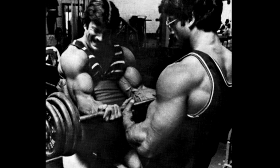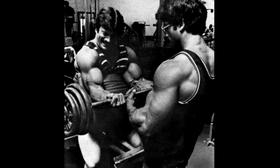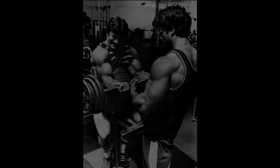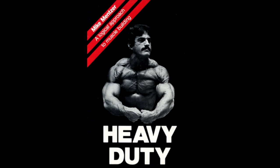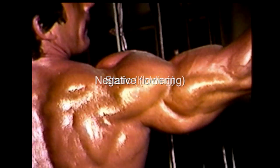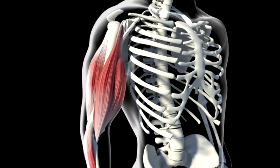Keep in mind that the key to generating more and more effort is to make each muscular contraction as severe and as intense as possible. In my book, Heavy Duty, I mentioned the fact that our skeletal muscles each have 3 levels of strength: positive or raising, static or holding, and negative or lowering of the weight. Each of these refers to a different type of contraction: